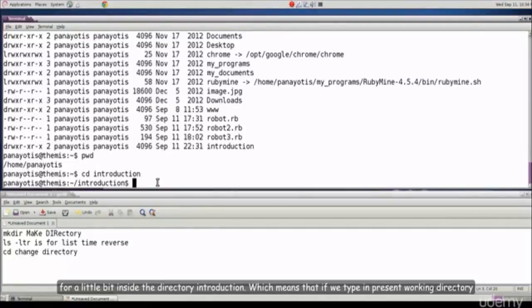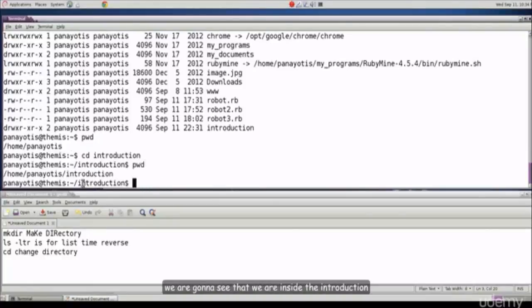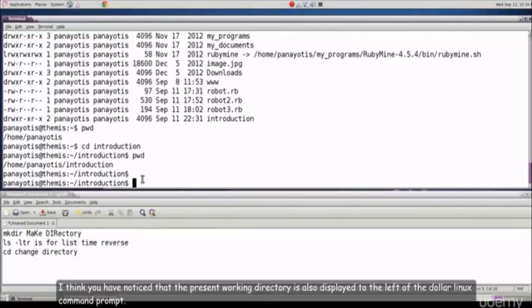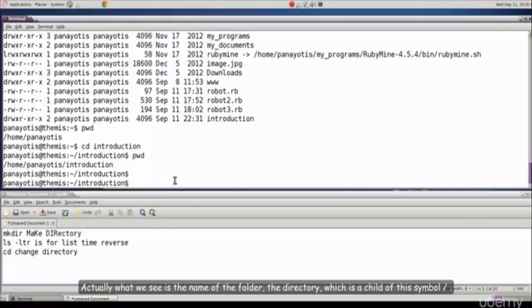means that if we type in present working directory, we're going to see that we are inside the introduction directory, which resides inside the Panayotis directory, which resides inside the home directory. I think you have noticed that the present working directory is also displayed to the left of the $ Linux command prompt. Actually, what we see is the name of the folder, the directory, which is a child of